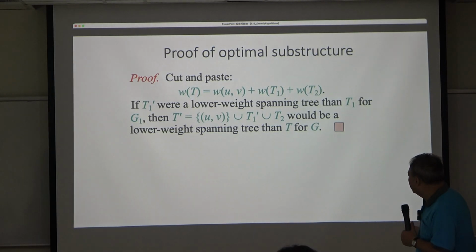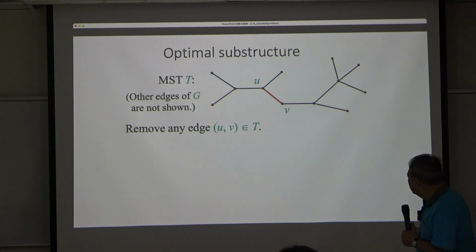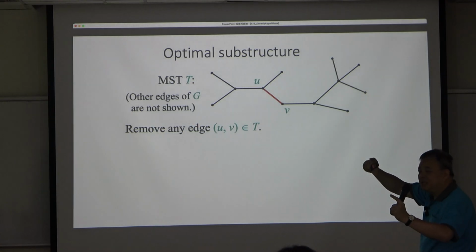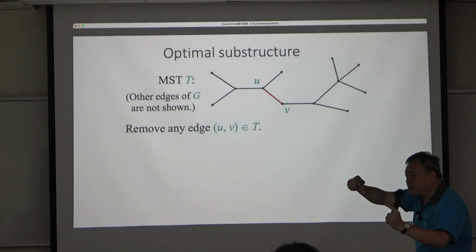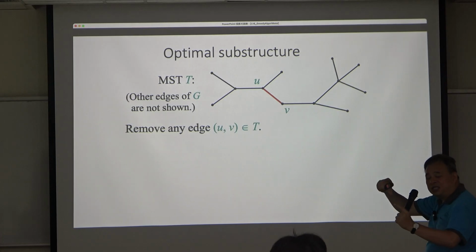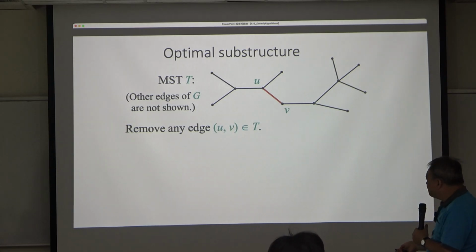Basically for any minimum spanning tree, each subtree is a minimum spanning tree for a subgraph. Okay, so that's something we know, but